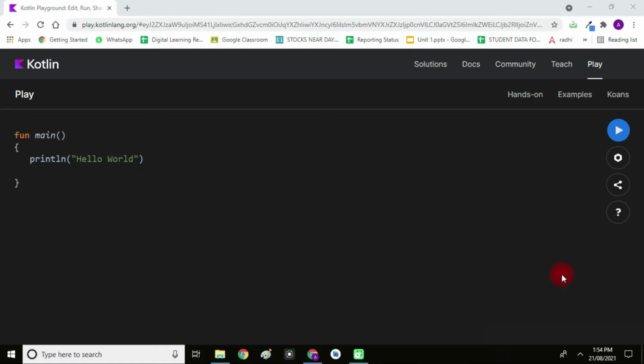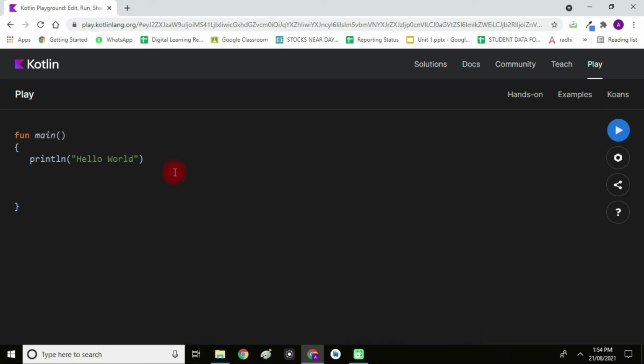Now we are going to discuss the string. As you all know, a string is nothing but a sequence of characters. There is a difference between a character and a string. A character is only a single character, whereas a string is a collection of characters. Here I have a string, hello world. But this H is a character, an individual character, and E is an individual character. But if I write HE, then it becomes a string. That is the basic difference between string and character.